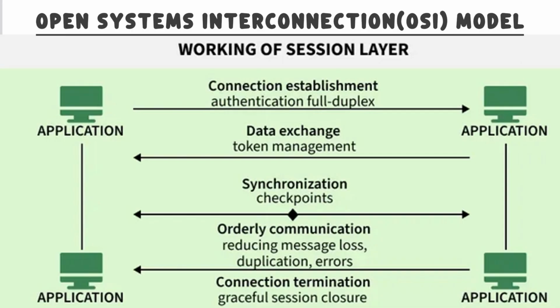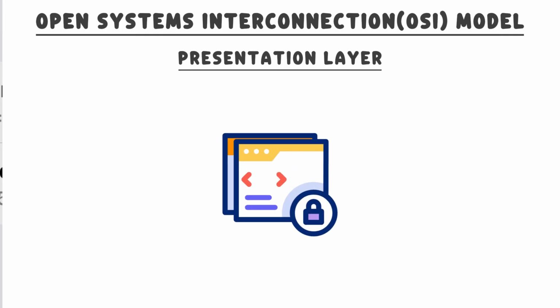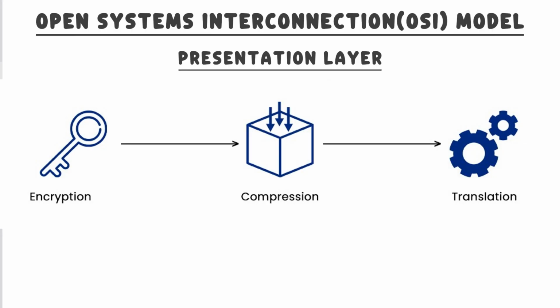Right above the session layer is the presentation layer. It presents the data to the application layer. This presentation process includes processes like encryption and decryption, compression and decompression, and data translation. The data that has been coming all along may be in a form that the application layer won't understand. So what this layer does is it translates the data into a form that the application that is doing the